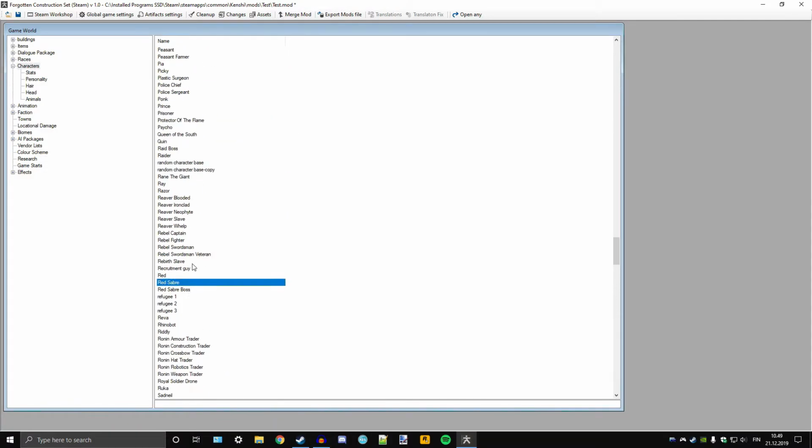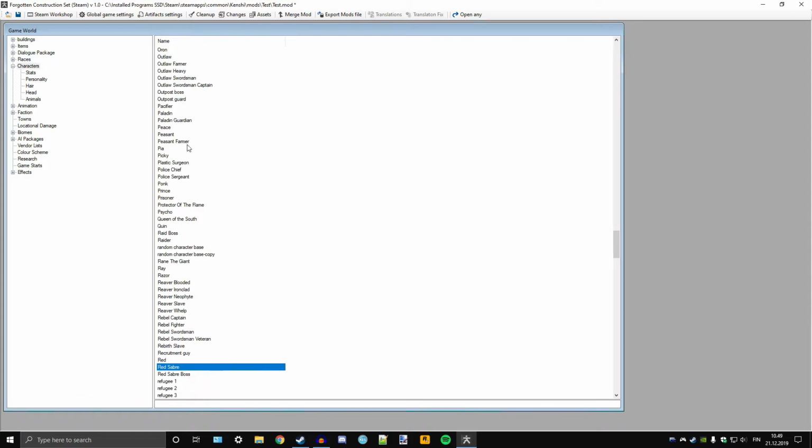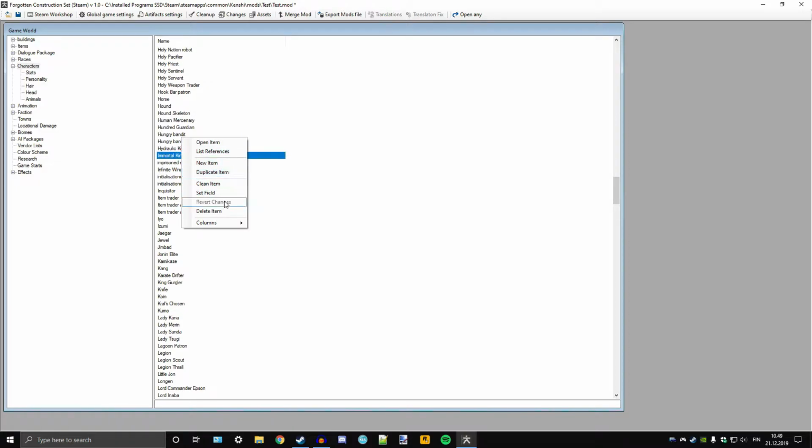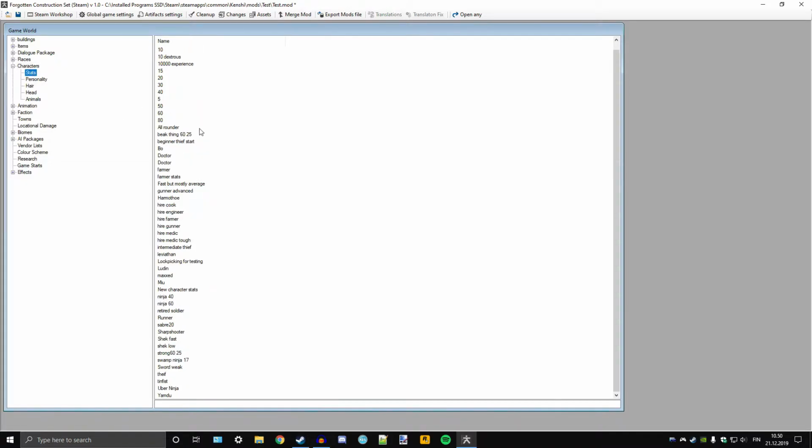But I guess the only thing that I have to say about this for now is that there are unique characters, and then there are characters just like generic dudes walking around. And the same thing, you can duplicate or create these, and then you could just rename them differently, and then just use their stats as a board to build upon. Over here you see the stats,